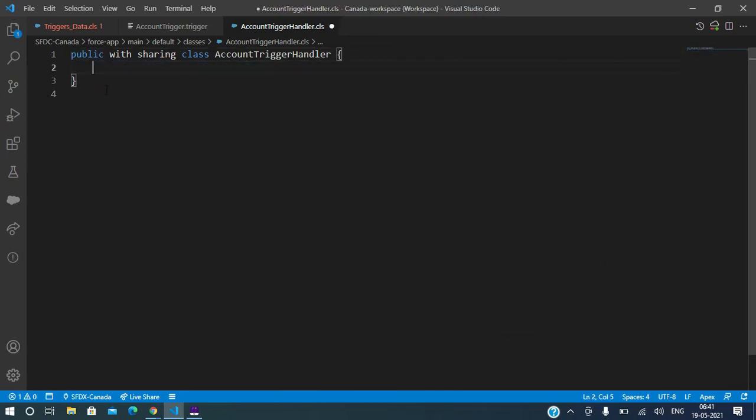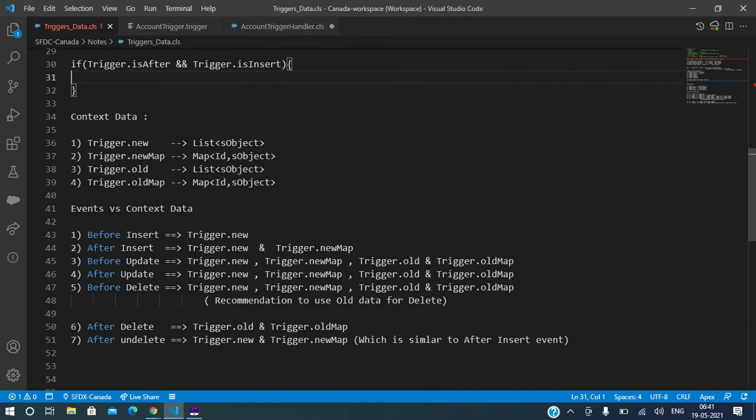Here I'll be defining my method. How to define a method? Public void beforeInsert. I'll write my method here as beforeInsert. I'm writing this particularly for the account trigger, so I'm mentioning a before event. For a before event, what kind of context data do you have here? Trigger.new. What is Trigger.new?